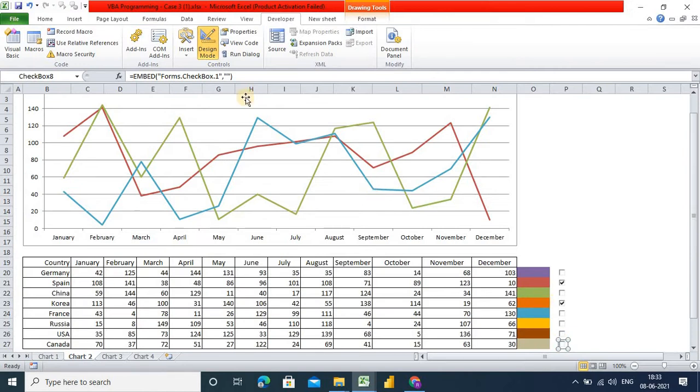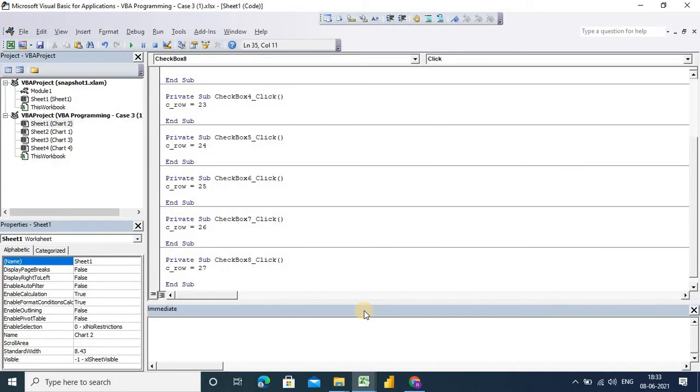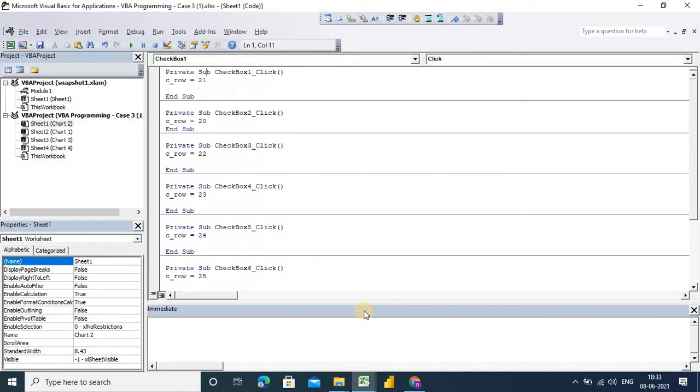Now these are all done. We don't need the design mode anymore. Whenever I click on this checkbox, the macro should be called and should reset the chart line data in the backend. So how can we do this? First of all, the checkbox is a boolean component, so it works on true and false conditions. The value always comes from the checkbox in the form of true or false.